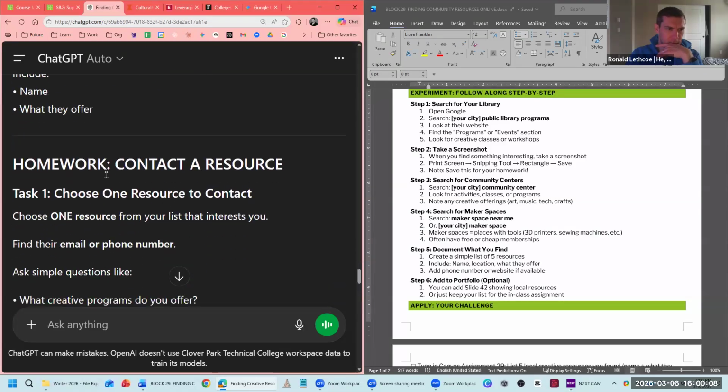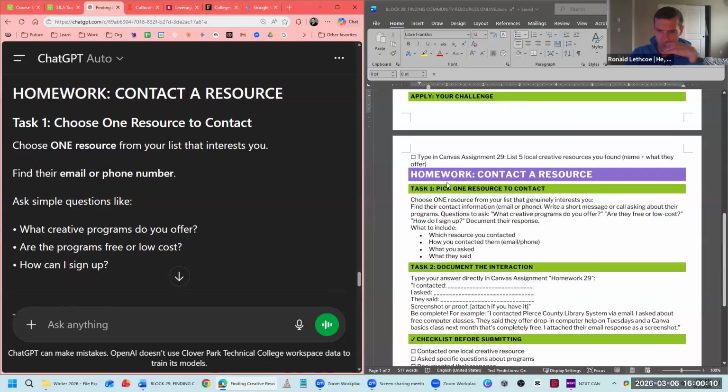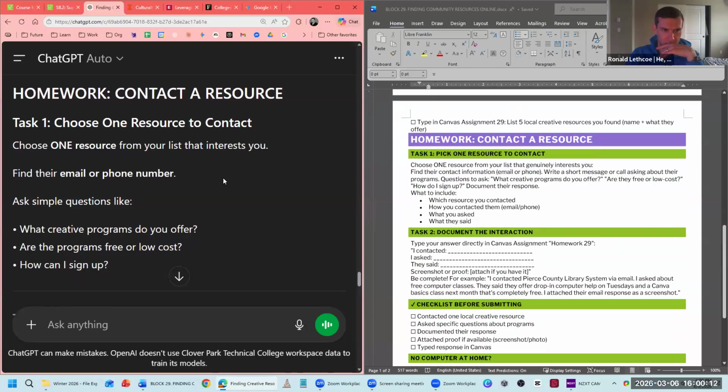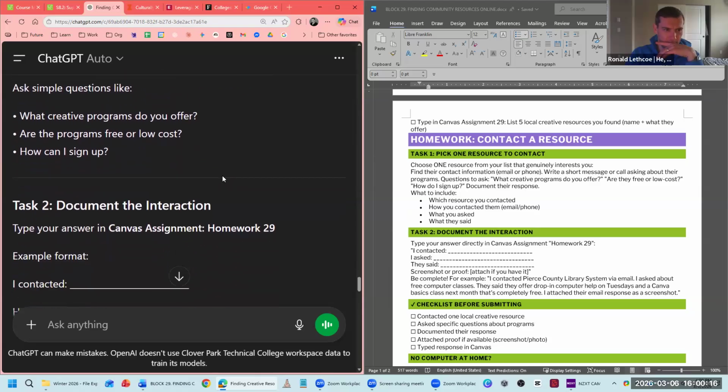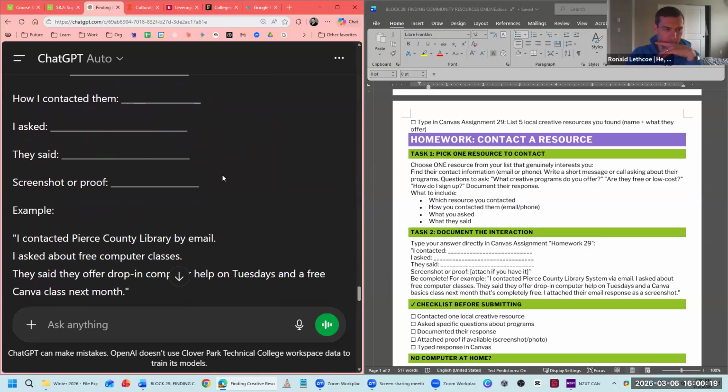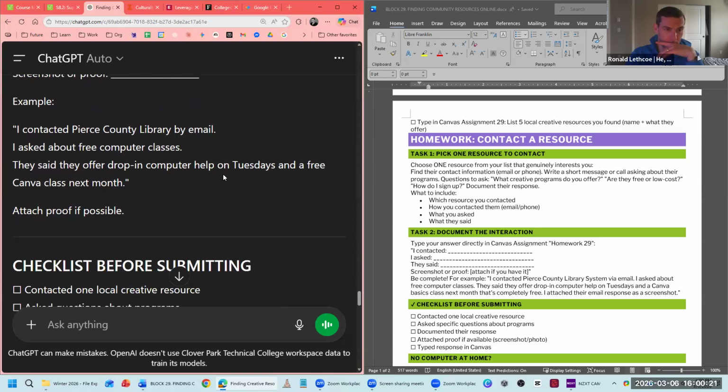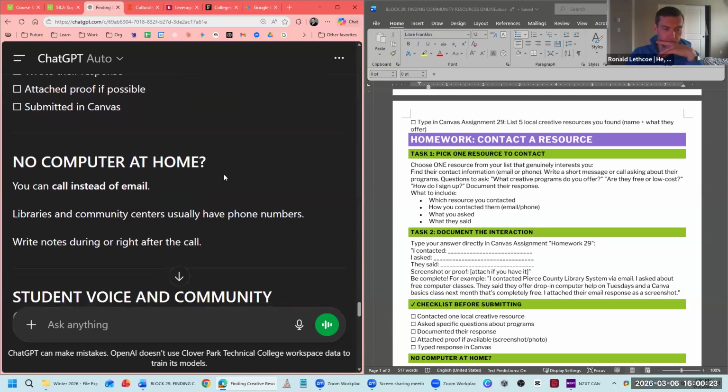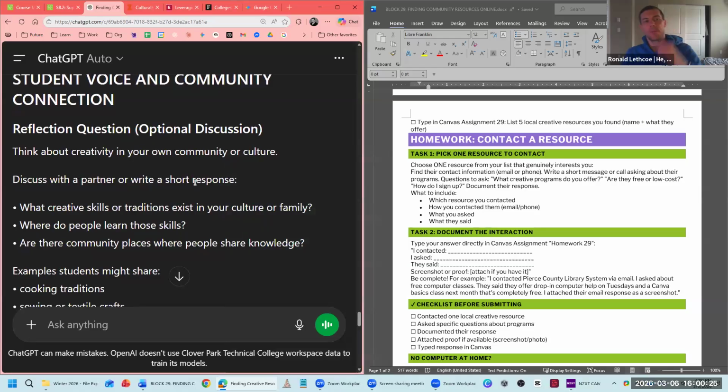Okay. And then let me see here. The homework for this one is choose one resource to contact. Oh, and it kind of tightened that up. I like that actually. So I feel like it didn't really change a lot. There were a couple of examples that it added in, but